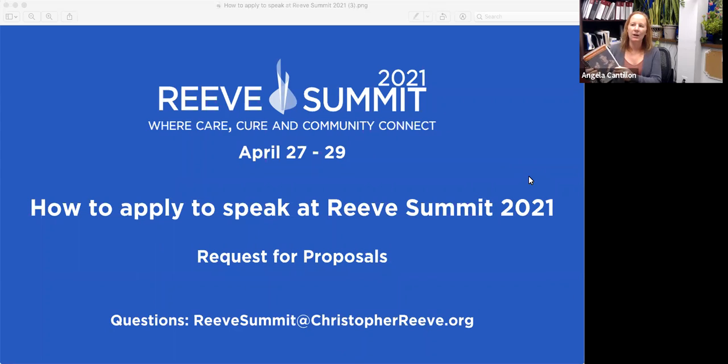If you just flip through the pages here, you will see so many areas of interest that if you look at the table of contents, all of these areas of interest could be a topic at the summit itself. So even just looking through here, you could see possibly where you might fit and be able to present an application for a presentation.